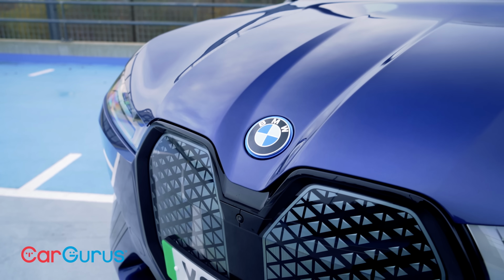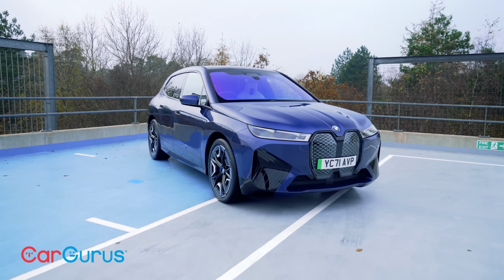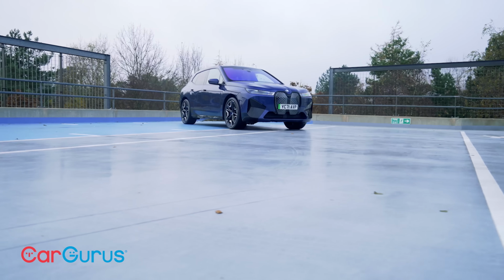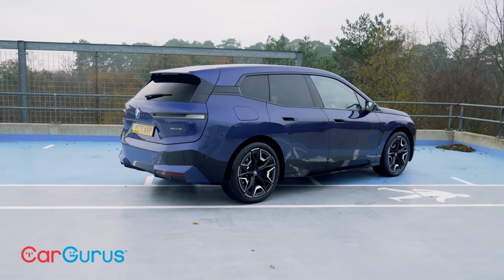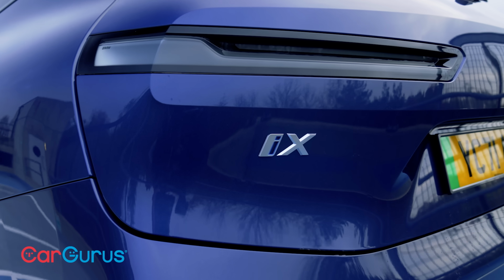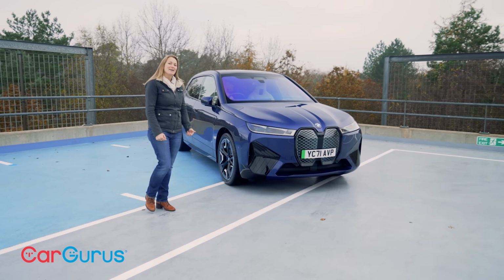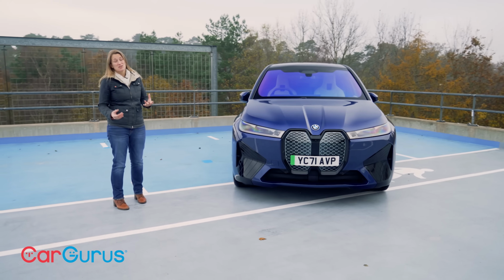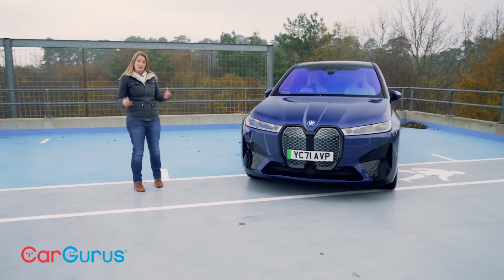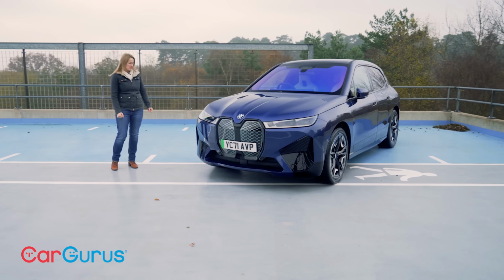Welcome to the pinnacle of BMW electric cars, the BMW iX. There's no number in that name because the company wants it to be designated the Halo model for its range of battery vehicles and, naturally, it's a large, super plush SUV with long-range options. At the moment, the top spec iX is the xDrive 50 and that gets a range of 380 miles. It will do 0 to 62 in well under 5 seconds despite being of roughly planetary dimensions, and it costs